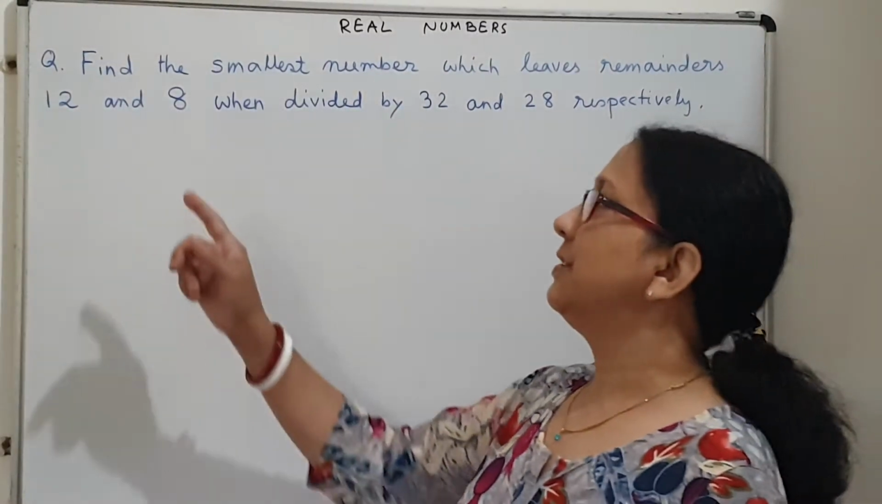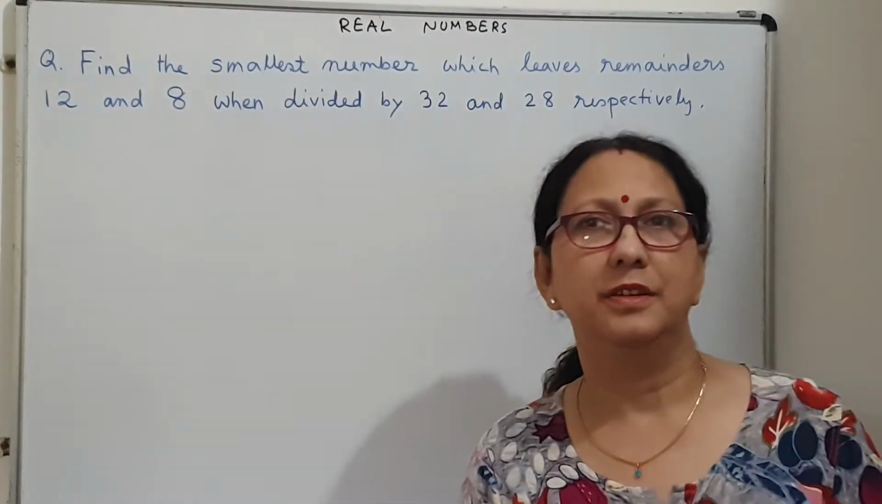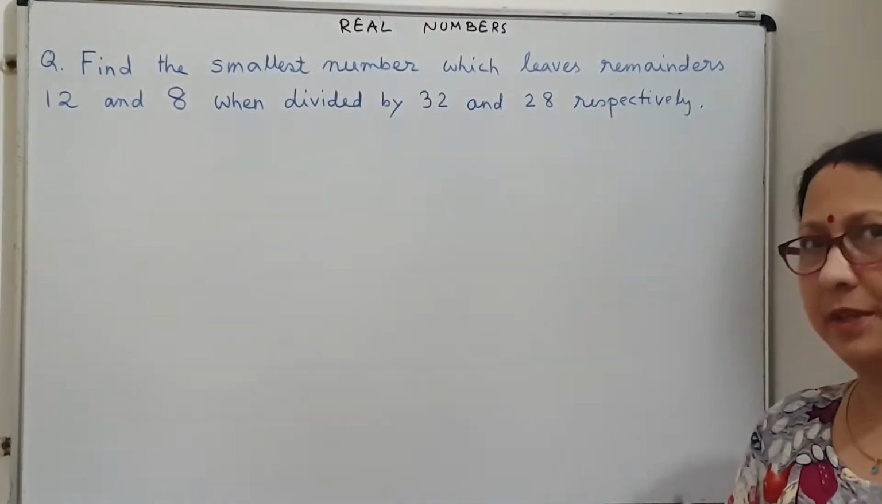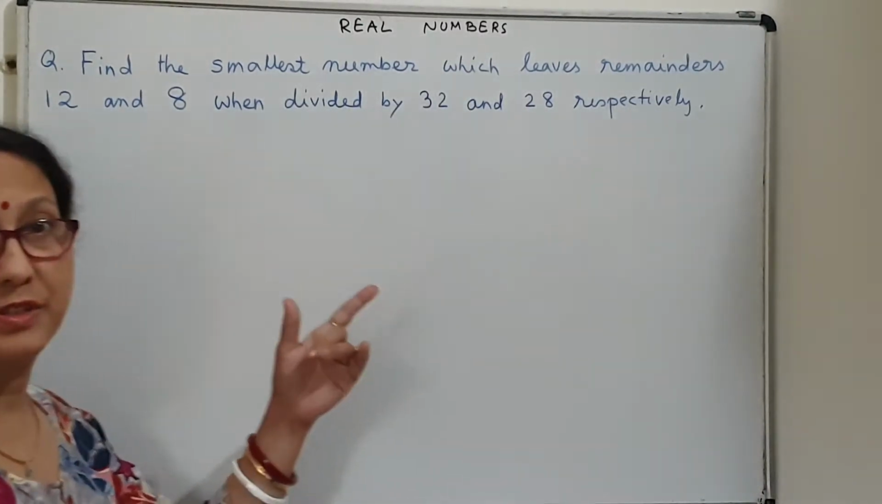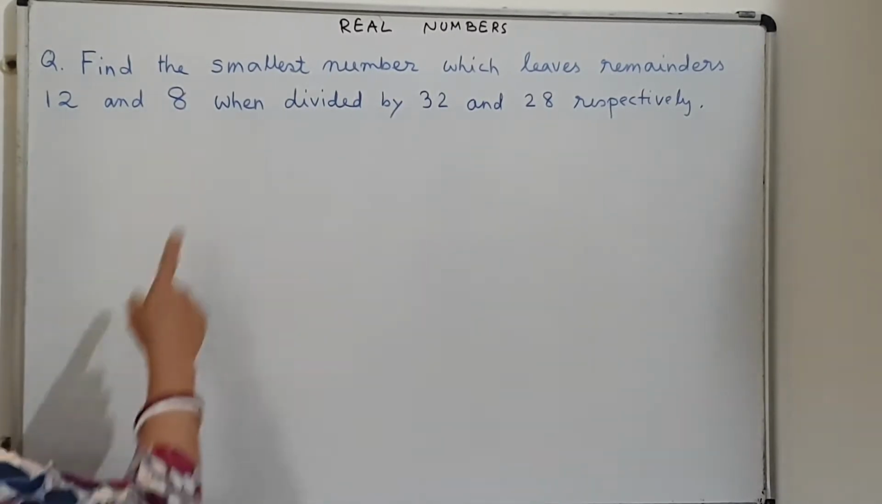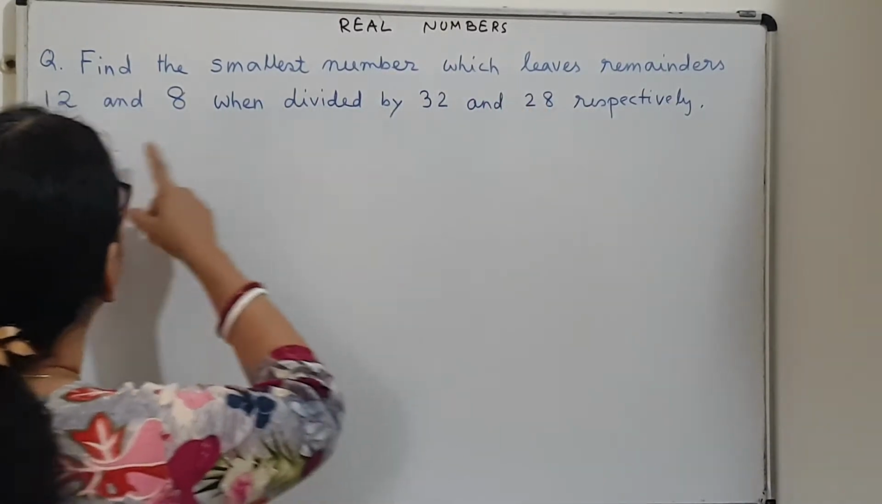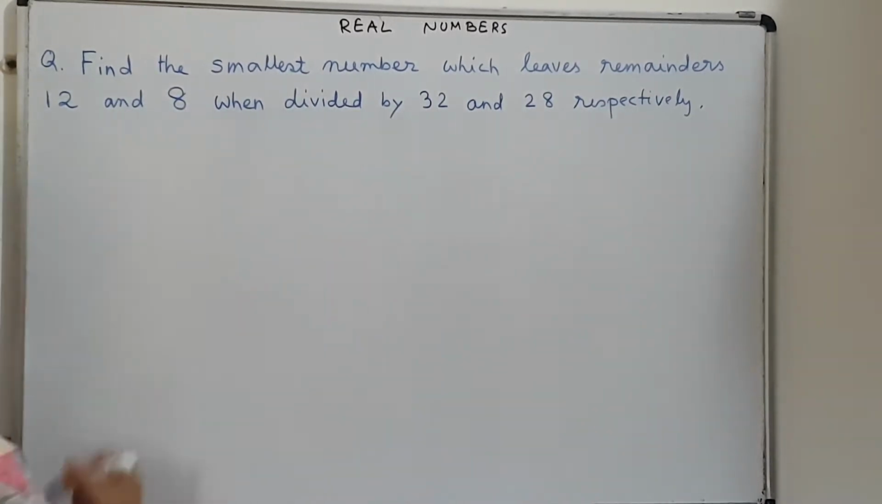Hello. Now this was the question that I gave in the assignment in the last video. So today I'll be giving you the solution. It is a very concept based question, so let me first define the question. The smallest number which leaves remainder 12 and 8 when divided by 32 and 28. That means what? Suppose let